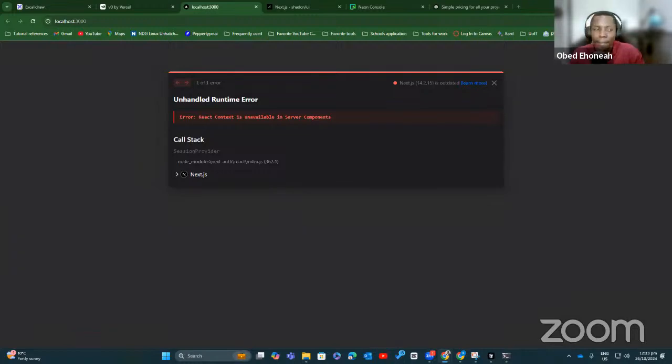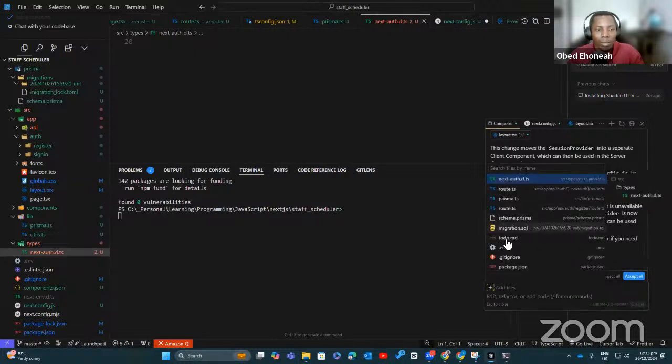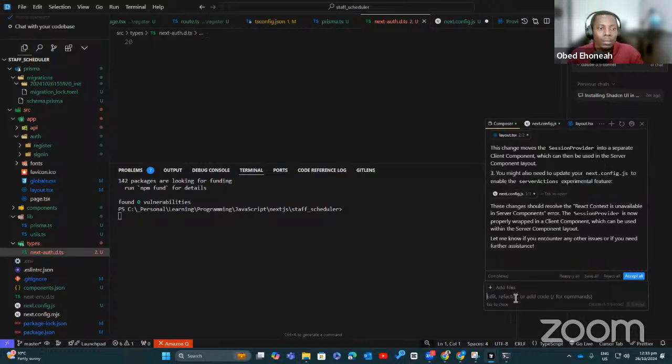You can navigate to any directory that you want. You can also add specific files, and tell it to focus on just that file. Like anything, it depends on what you are telling it to do.